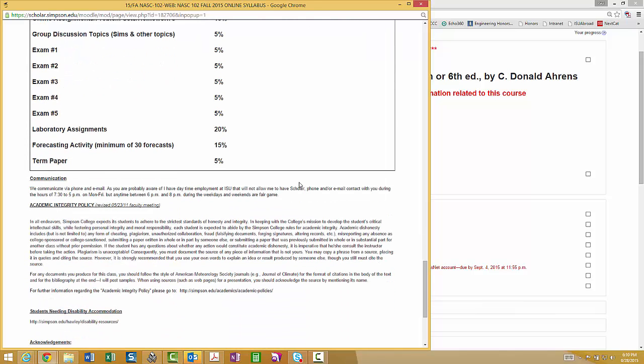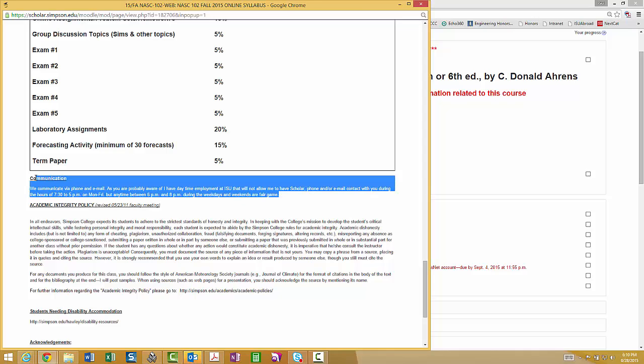Now in terms of the communication policy, I've outlined that here. I've got a full-time job at Iowa State University. I work in the College of Engineering at Iowa State University. I'm what they call a classification officer. So I certify graduation for the College of Engineering. I also work with course availability for math and for chemistry at Iowa State University.